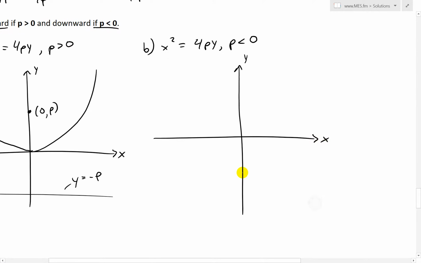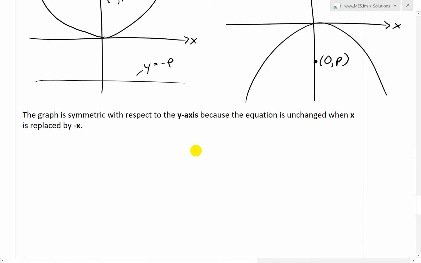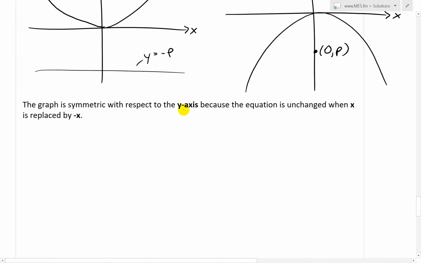So the point here is at (0, p), where p is negative, and then negative p is going to be, well, positive. So this is y equals negative p, which is negative times negative becomes positive, and then it just goes downwards like that. And now also note the graph is symmetric with respect to the y-axis because the equation is unchanged